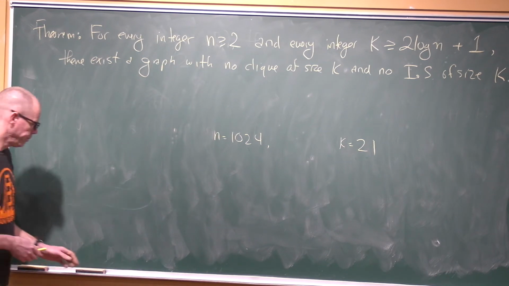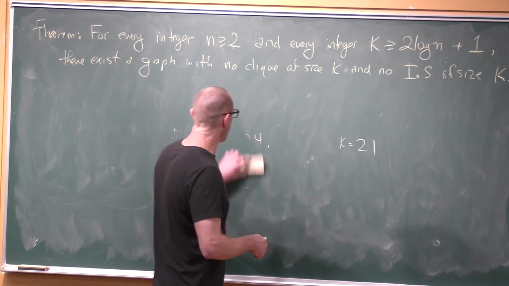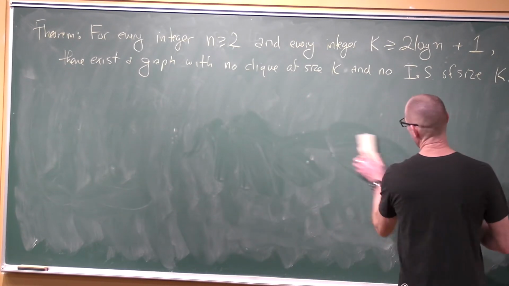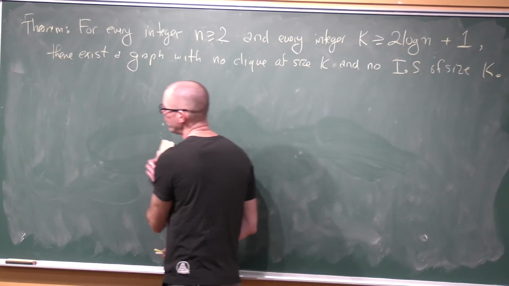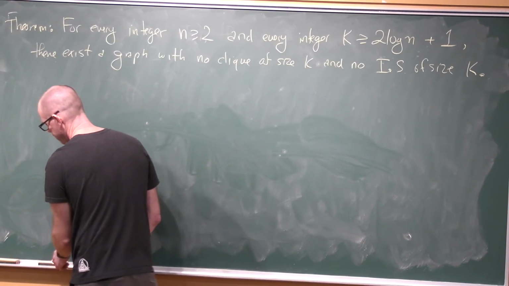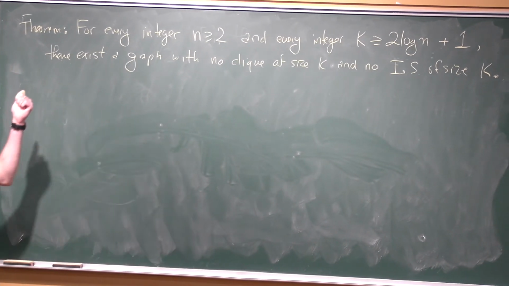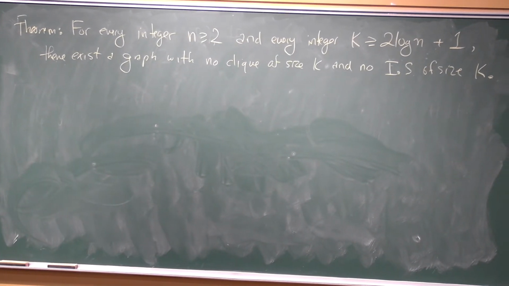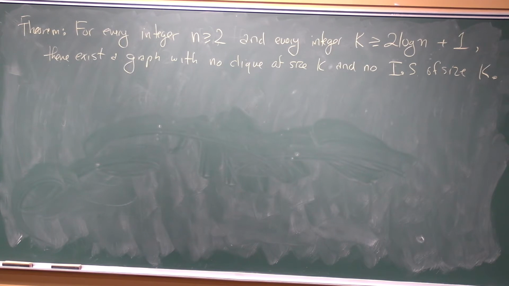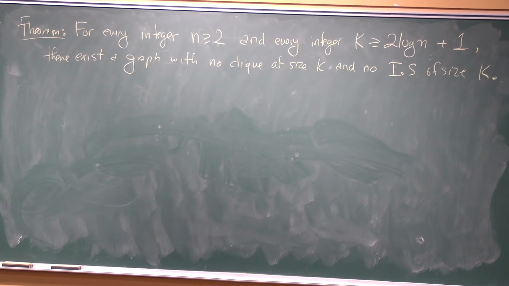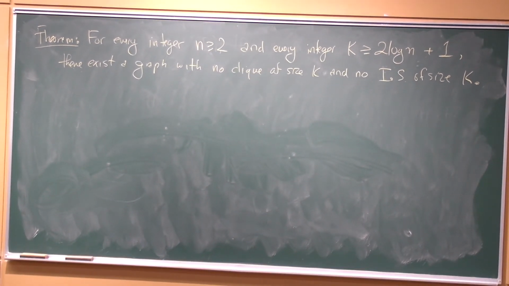All right. And the nice thing about this is even though this theorem is 60, 70 years old now, nobody knows how to build these graphs. So we know they exist. We don't know how to build them. And the reason we know they exist is because we're going to use the probabilistic method, the first part, where